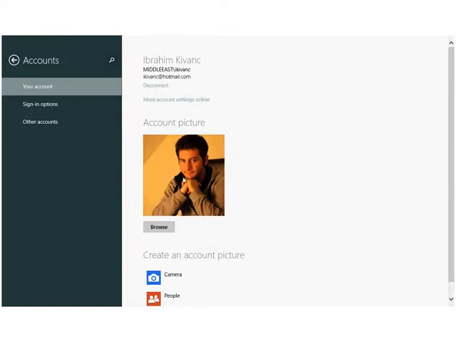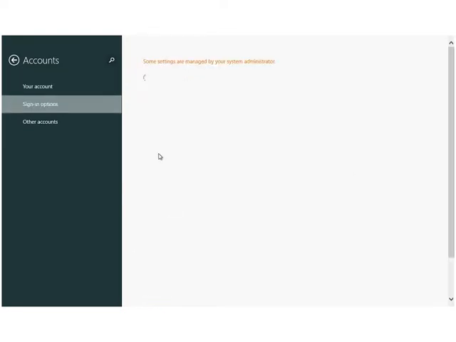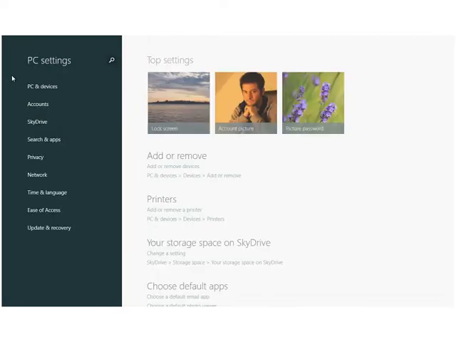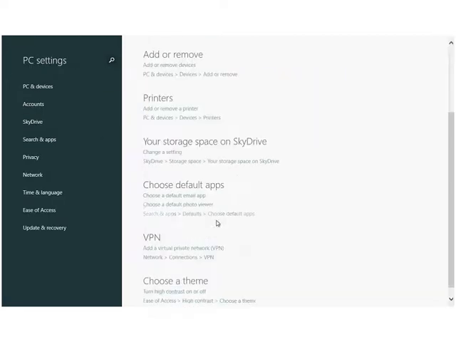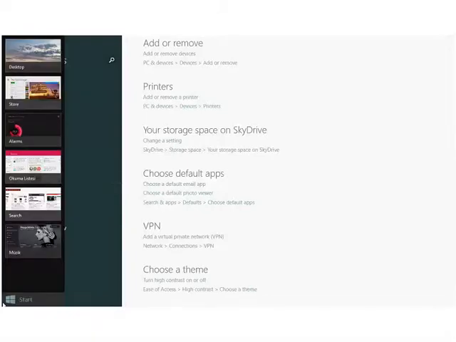And other than that, this is easy to use. Sign-in options, the other accounts, these kinds of stuff. These are so important. Just go there and check them. There are really nice improvements for the applications. And same thing for SkyDrive